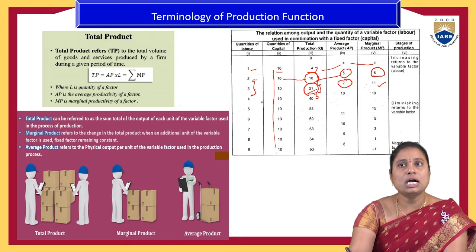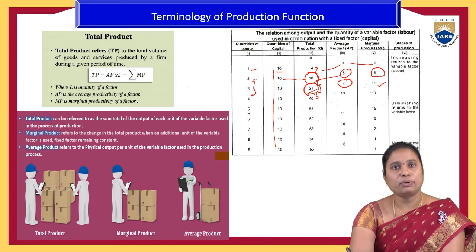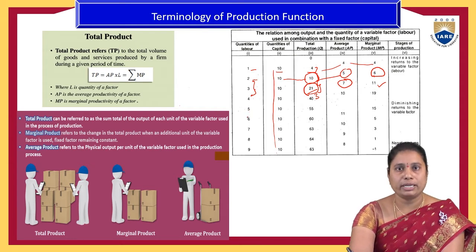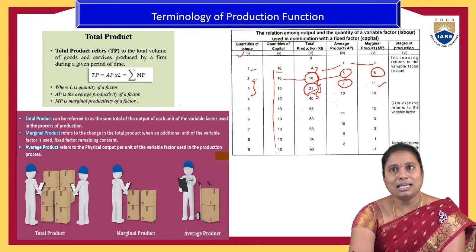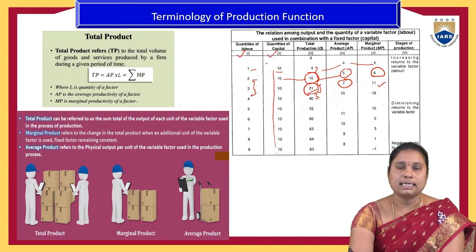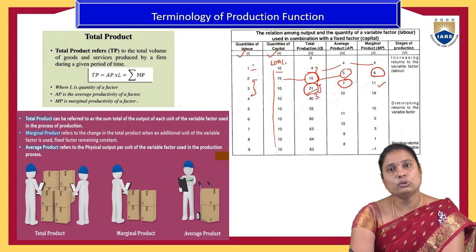So this is a chart which is showing the relationship between the total production, marginal production and average production of a particular product with given inputs. Here, the 2 types of inputs we are observing are labor and capital. There, the capital remains constant and only one input is varying, that is labor. It is also called the one variable production function.